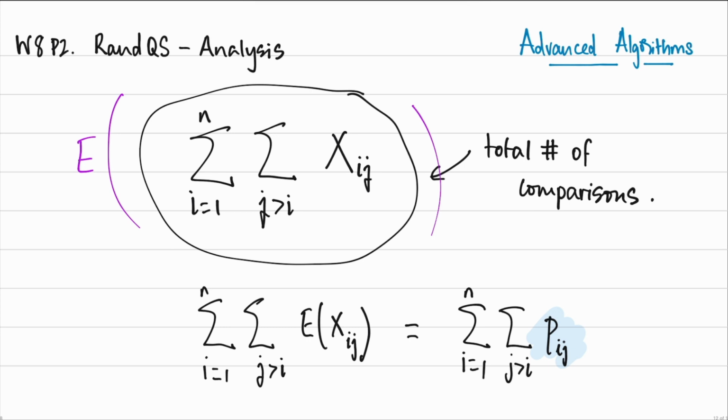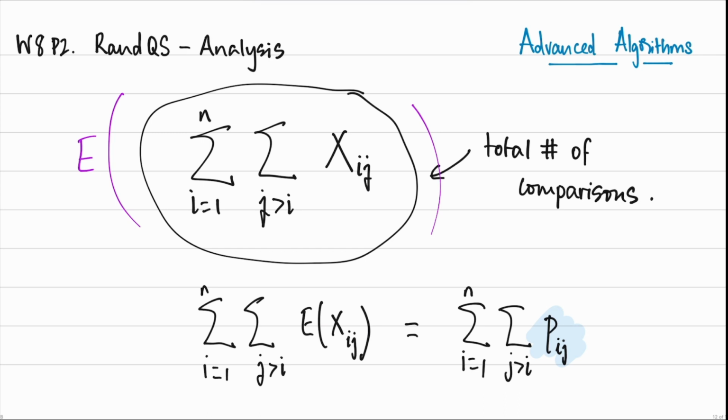And that's what we're going to talk about next. We're going to try and figure out the value of pij. Once we do that, we'll be basically in business. It's just a straightforward computation from there. But conceptually, this is really the key point in the proof. What do you think is the probability that these two elements end up in a comparison in a run of